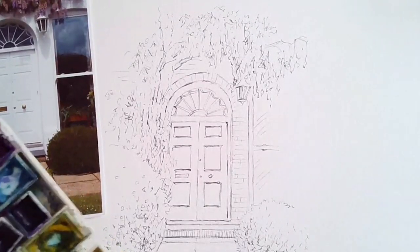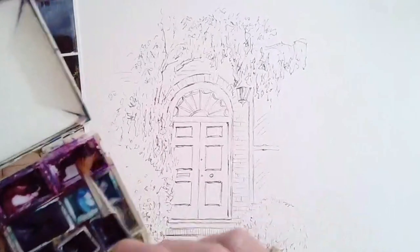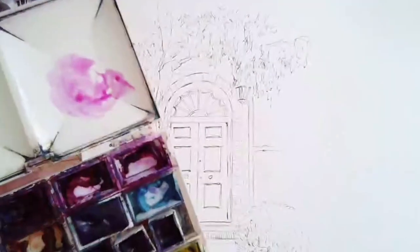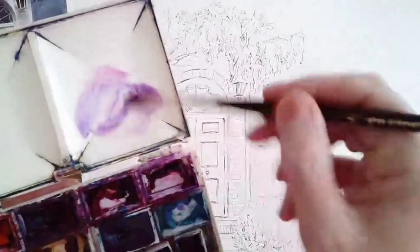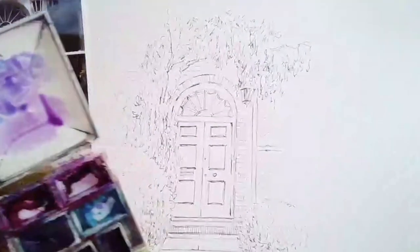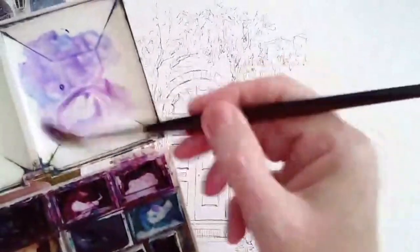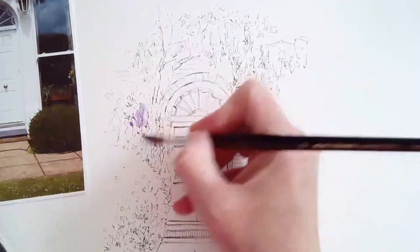And now for the painting. So I'm going to start with the foliage again, using my quinacridone magenta and ultramarine to mix 2 pools: a pinky mauve pool and a pool that has more of the ultramarine in. Right, so I'm going to work directly wet on dry,